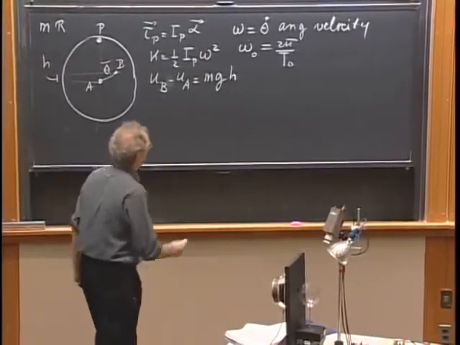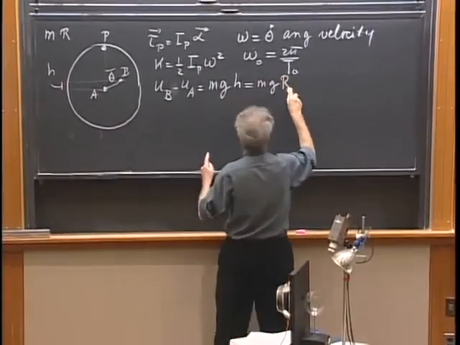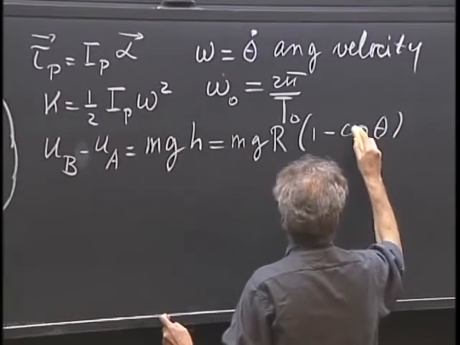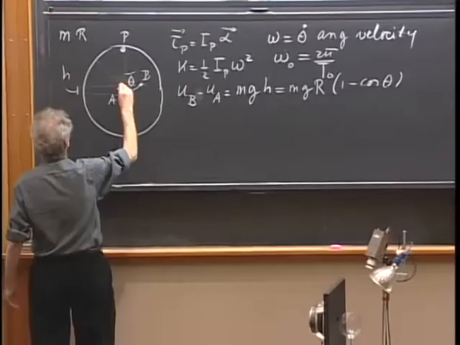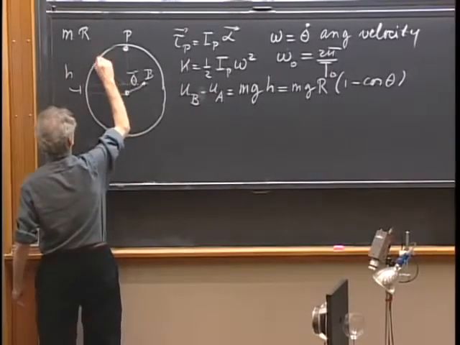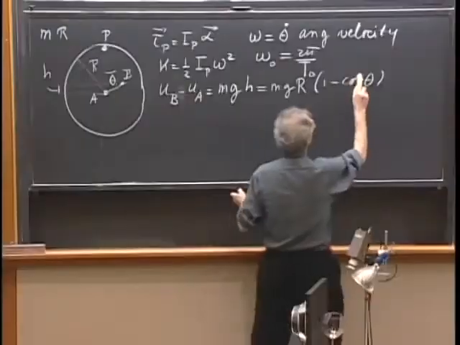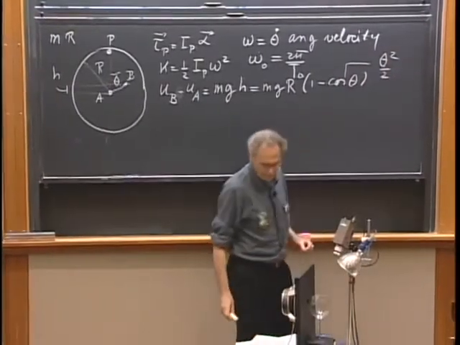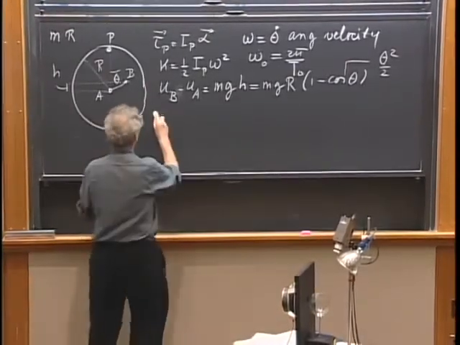Now h is very easy. h is the same as r times 1 minus the cosine of theta. We went through that many times, so you can easily confirm that. R is the radius of this circle. This is the radius. Now, for small angles, the cosine of theta is theta squared divided by 2. And so I can rewrite this differential equation now, that E total